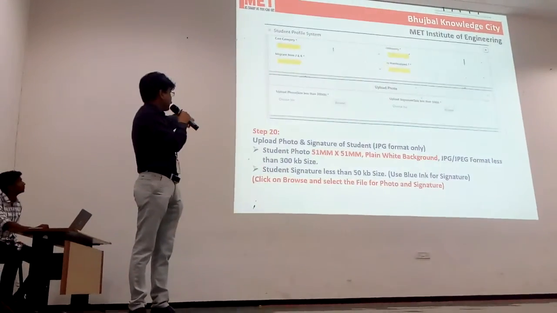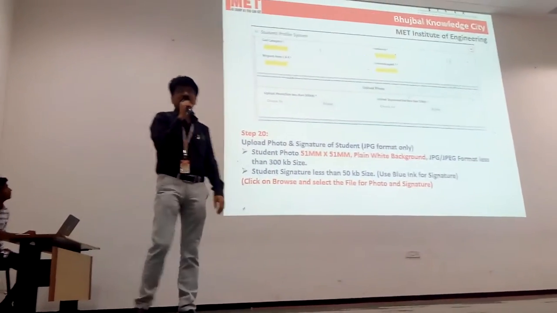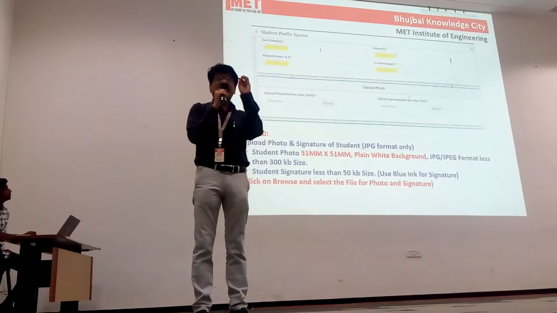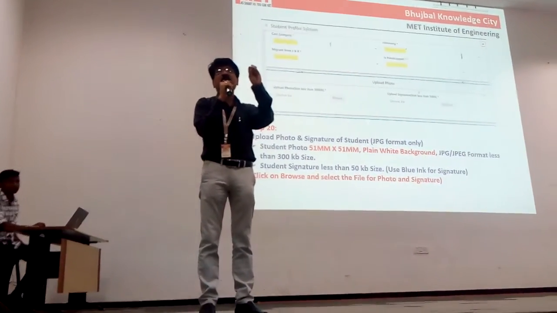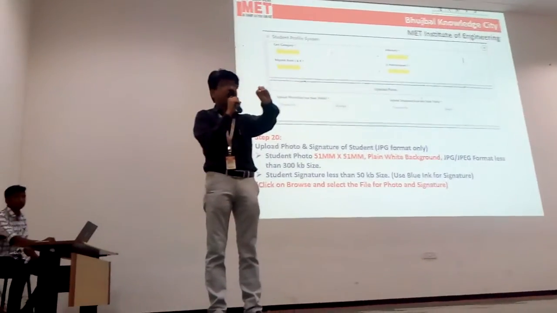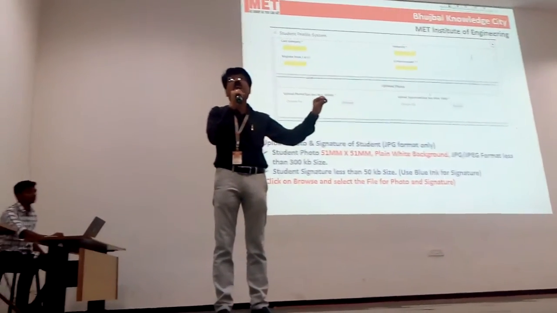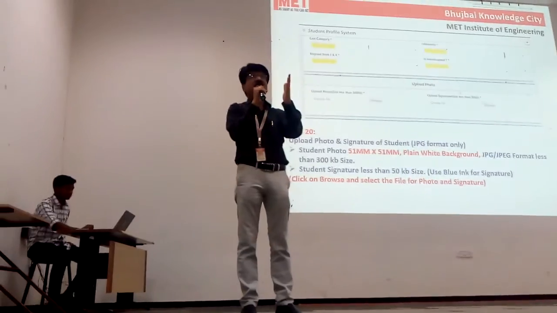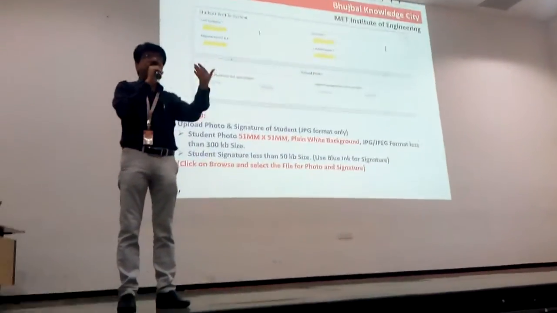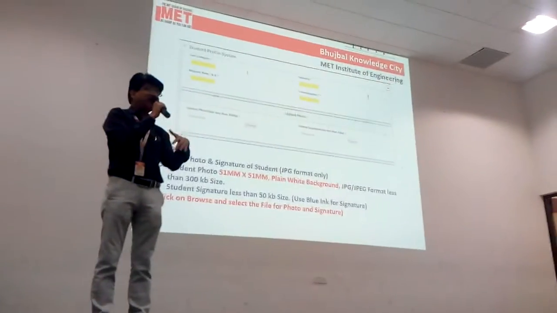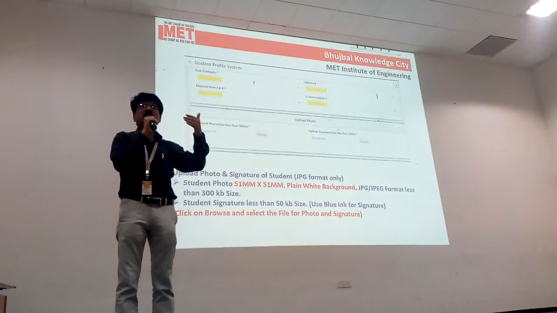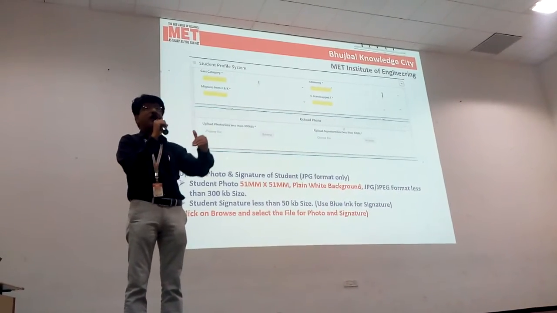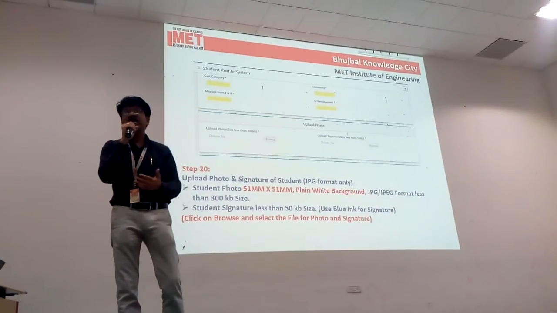Next. Then comes to a photo. Here, whatever photo and signature, if you are doing this process on mobile, please save these soft copies, rename that soft copy by your name and keep it in your mobile so that you can select it immediately, because this process takes much more time. And in between you may have timeout process. If it is a timeout, don't worry. Again, go and repeat the process. Wherever you left, there it will come and you can continue with this.